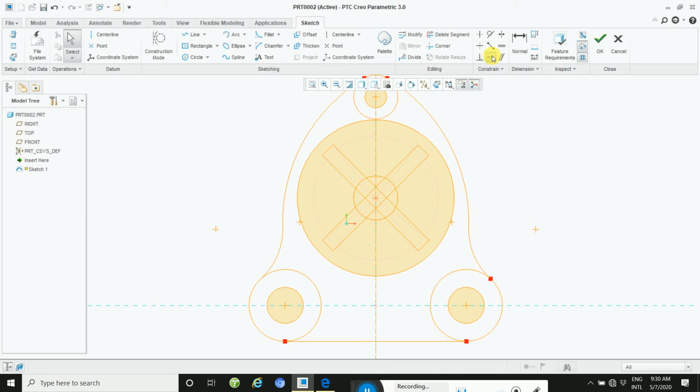And then apply this coincident. Okay, first point and this point, this point, this is a coincident, first point, and then this point.